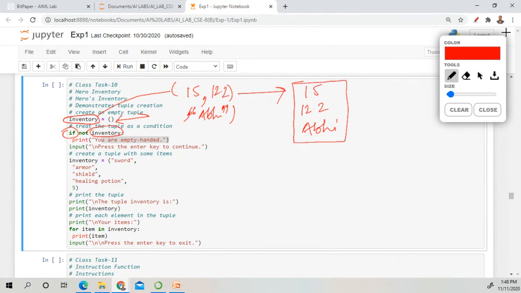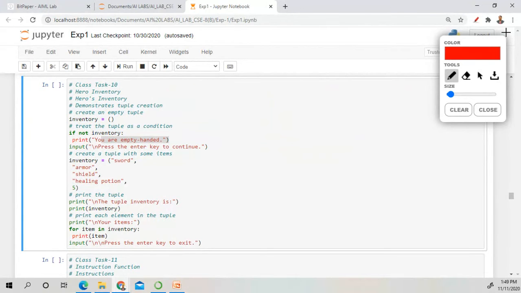The if condition checks this variable. If anything is present, it is a true value, and not inventory gives false. If nothing is present, not inventory represents a true value, and you print empty handed. Clear?